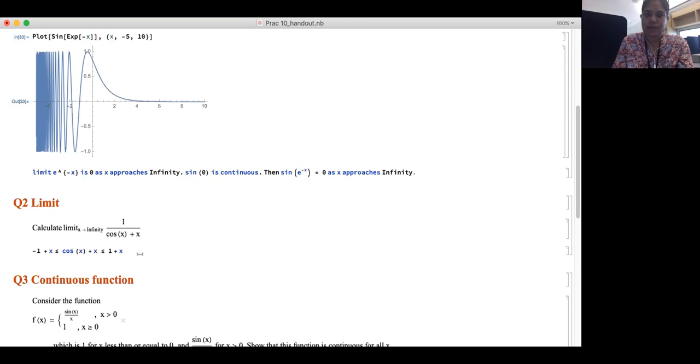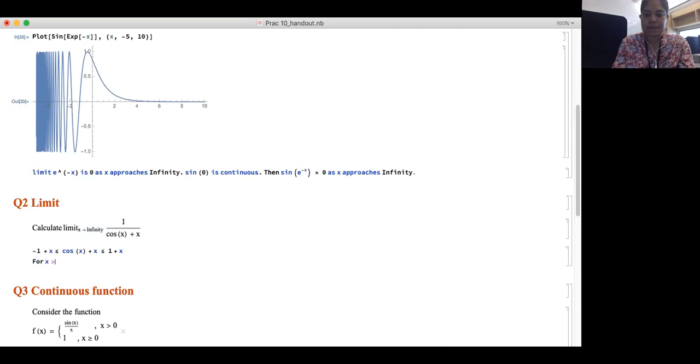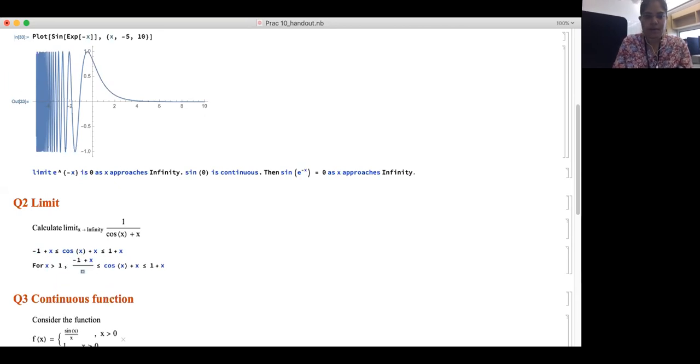And then how do you show from that step? For x bigger than 1, you have